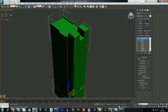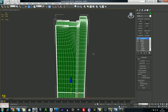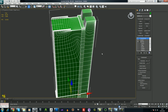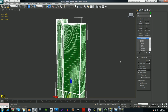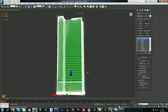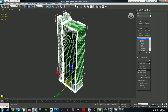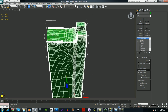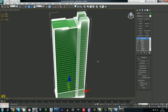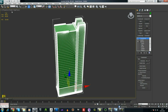I'll press 7 to see my poly count. I'll go a bit higher. I'll even press F4 to see the actual mesh there. And that there's probably good enough to take into ZBrush and divide another couple of times. That gives me high enough geometry not to worry too much that when I smooth it again it's all going to turn to like a blob. So 96,000 polys there. So I'll export this out,